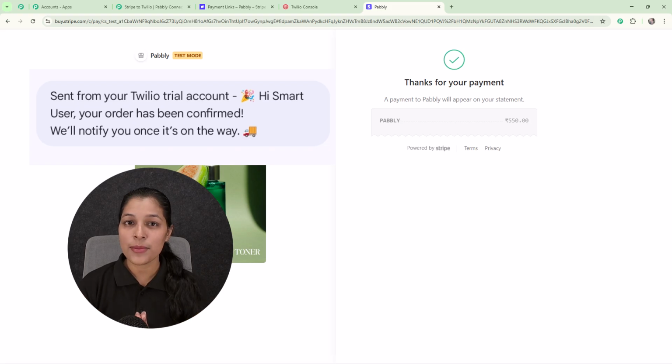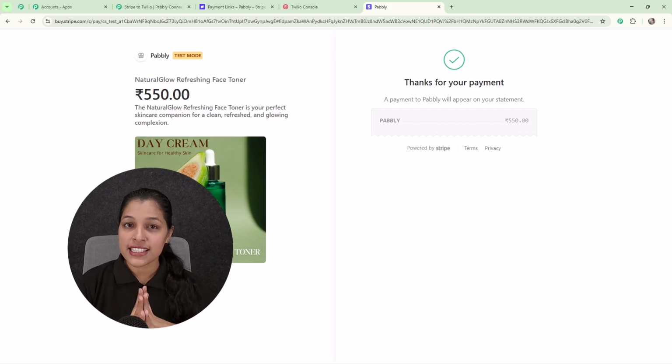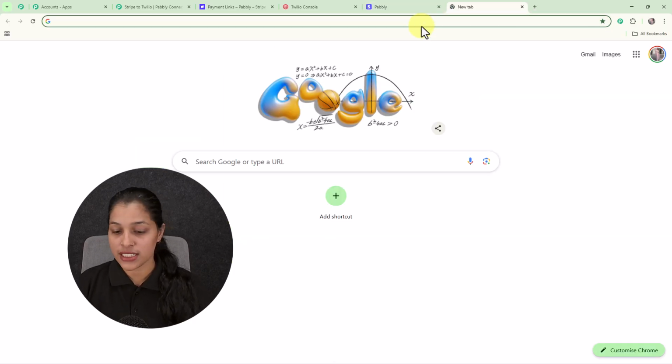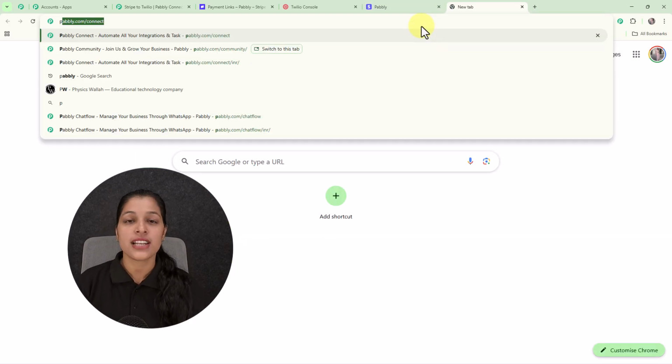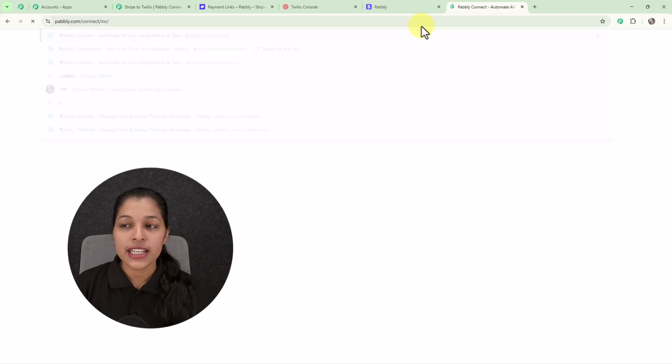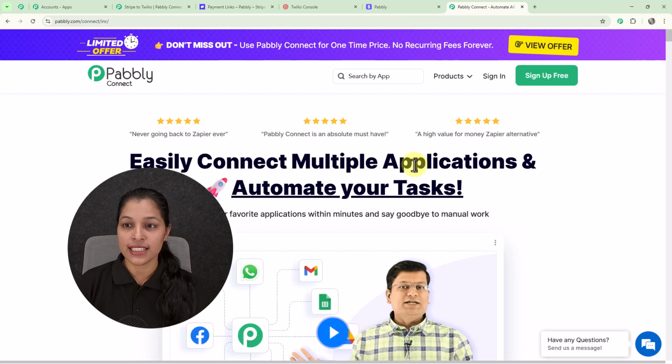So in this video I am going to show you how you can create this amazing automation for scaling up your own business. For creating this automation you have to access Pabbly Connect, and for accessing Pabbly Connect you just have to type its URL over the new tab, that is pabbly.com/connect, and once you enter the URL you will be getting the landing page of Pabbly, where you can see two options, that is sign in